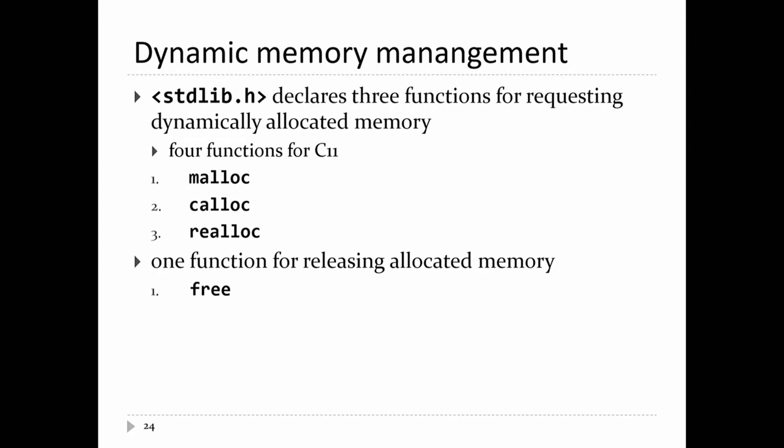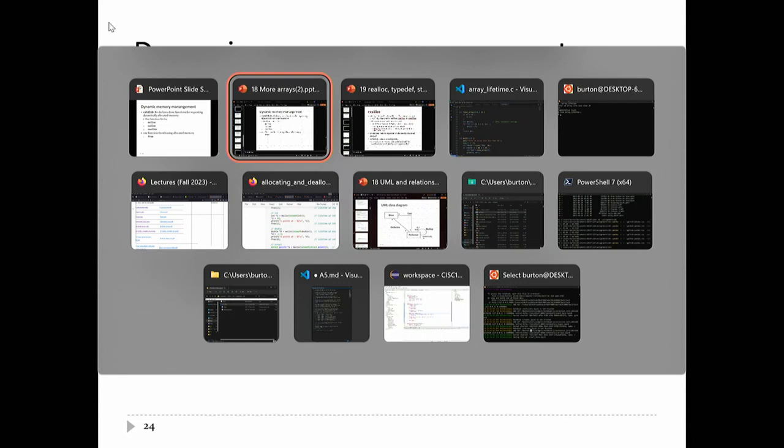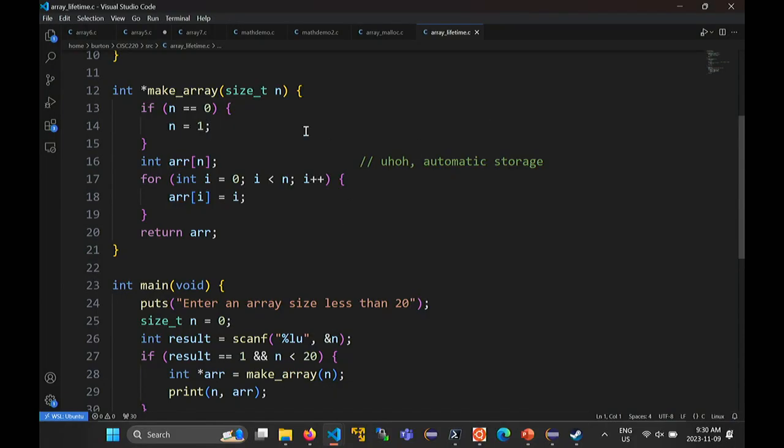Good morning, everybody. So we were talking about dynamic memory management at the end of the last lecture. So let me just go back to an example that we had. In a previous example, we had a variable length array that was declared inside of a function called makeArray. So makeArray attempts to make an array and return a pointer to the first element of the array. The way that we implemented it was we created a little variable length array of the size requested